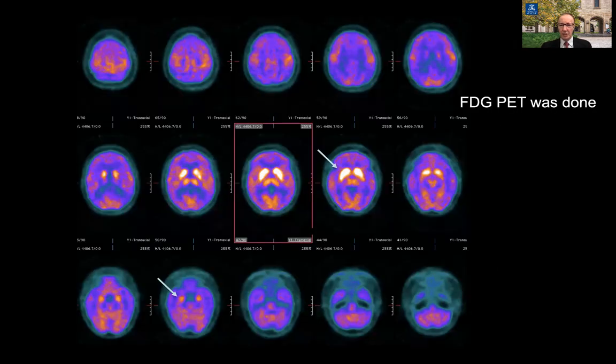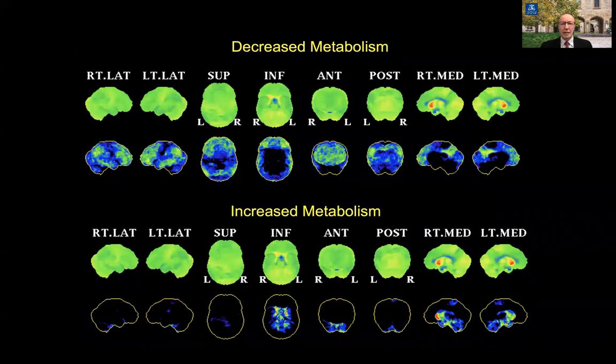This is this patient's FDG PET scan. I'll give you 20 seconds to look at it. A couple of helpful arrows. This is the 3D SSP Neurostat display showing the typical decreased metabolism in the top set of images, but also